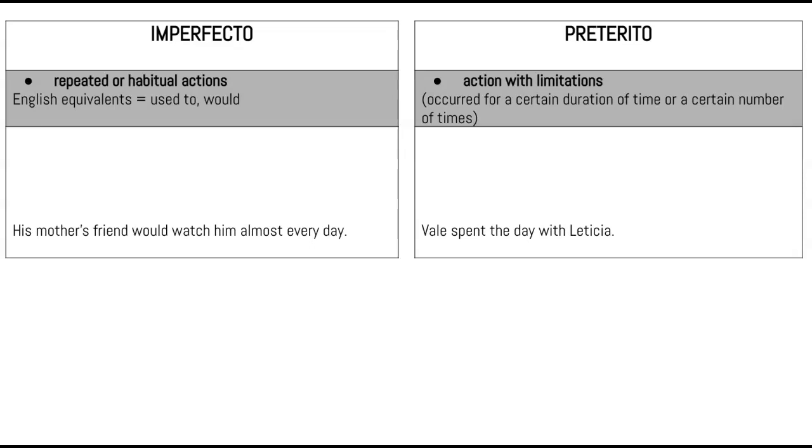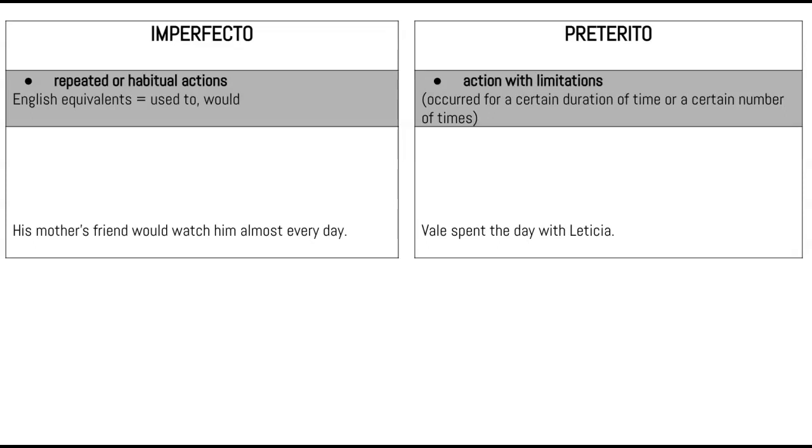We're going to look at another set of contrasting reasons for using the imperfecto and the pretérito. Remember that these are both past tenses, and they're simple past tenses, meaning they have only one part. They're not compound, which has two parts. And another reason for using the imperfecto, the aba, ia form of the